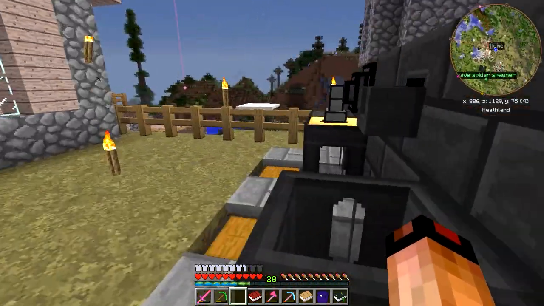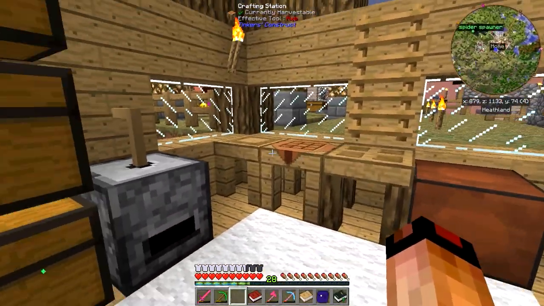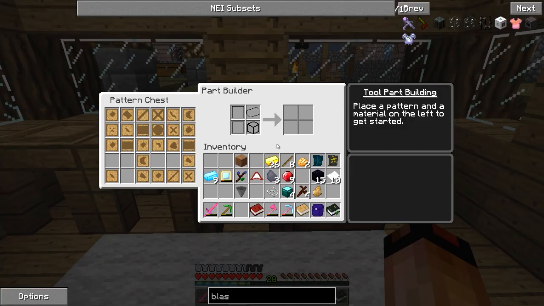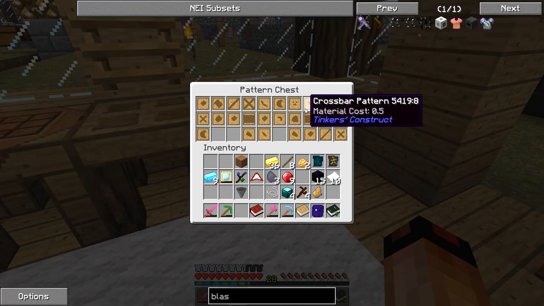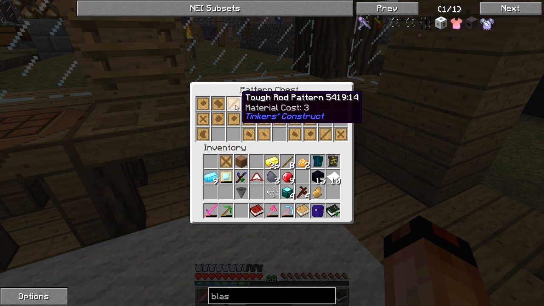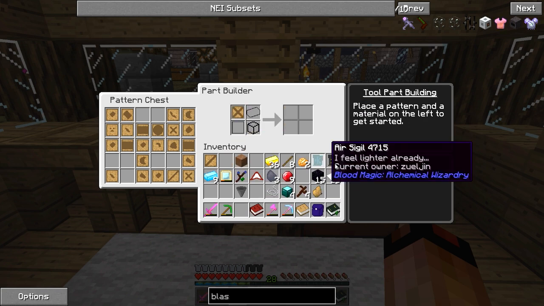So anyway, what I'm going to do is make a couple of paper items while that's cooking up. And to do that is relatively simple. I take those patterns that I was telling you about, wherever they're at. Oh, there they are. So I take the patterns, and I think I got some. Where are they? Ah, here we go. So that's the regular tool rod, there's the tough binding, and there's the tough rod pattern. That's what I need. Okay, so I'll put that in these part builders right here, and then we'll put paper